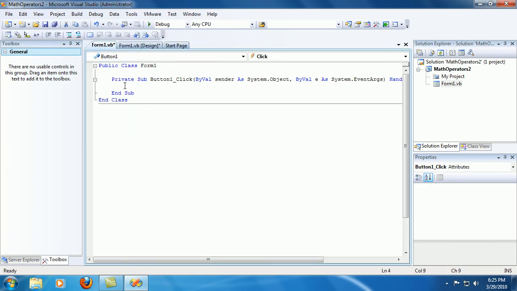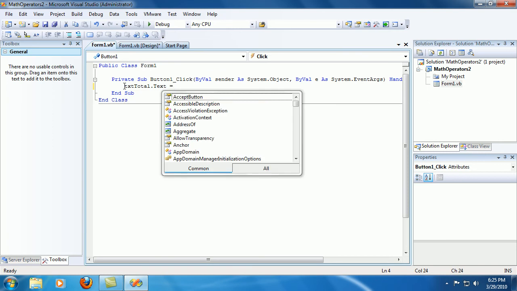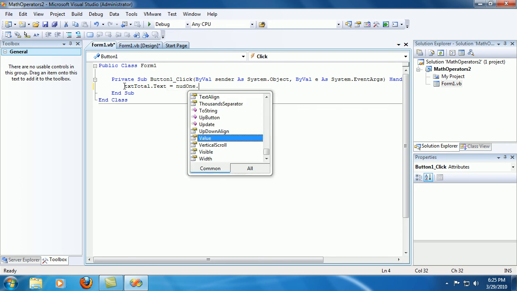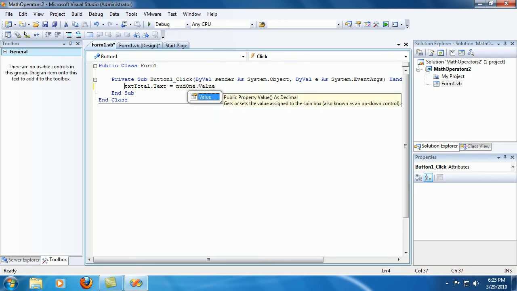Okay, now we are going to learn some order of operations in this video. Let's first begin by just typing what I type. Put txt total dot text space equals space. Remember, type just what I type. NUD1. Oh, what just happened? NUD1 dot value. The value of NUD1